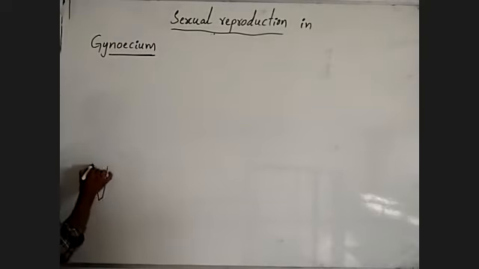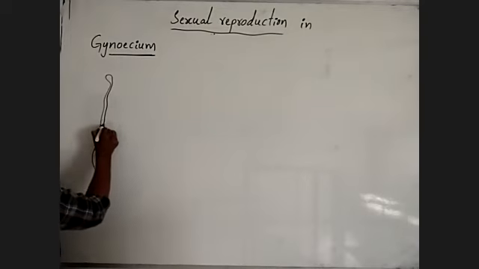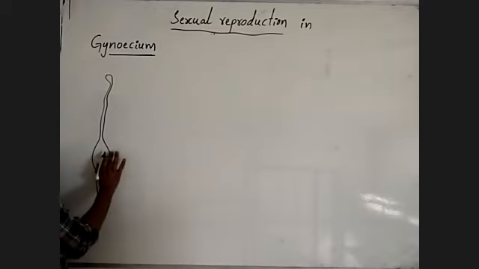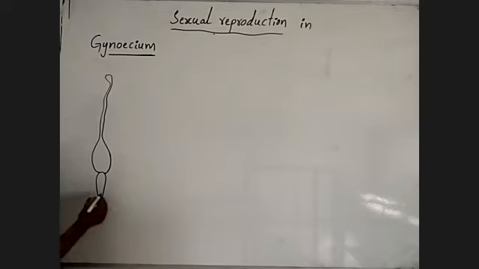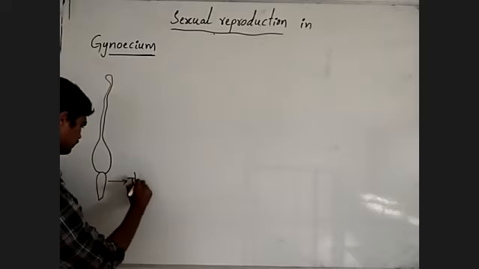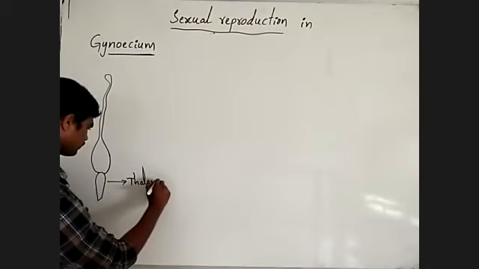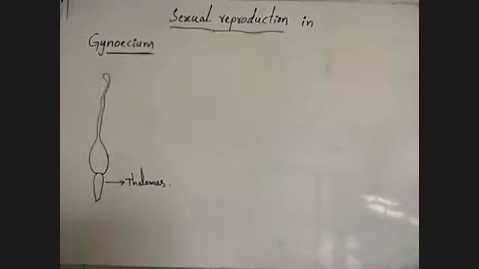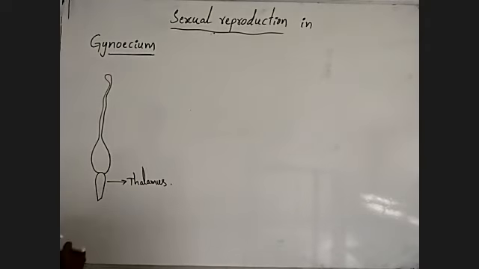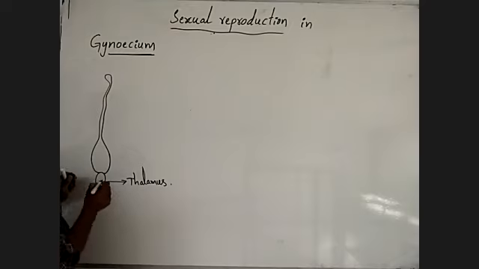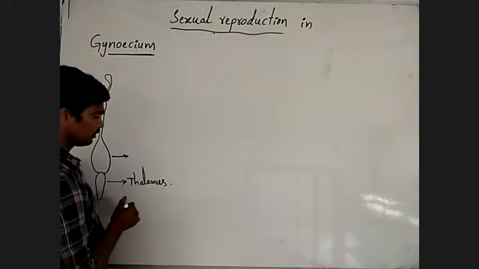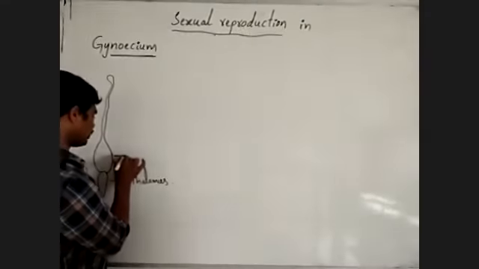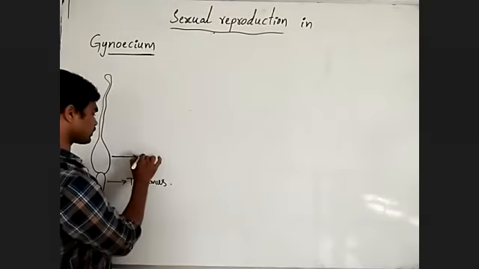Observe. Here this is the thalamus. Next, this is the carpel. The carpel has three important parts. The basal, swollen, largest part is called